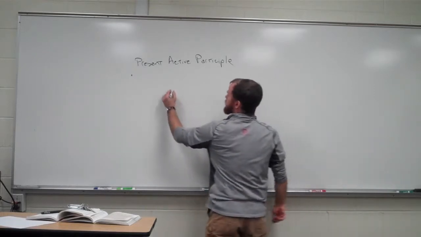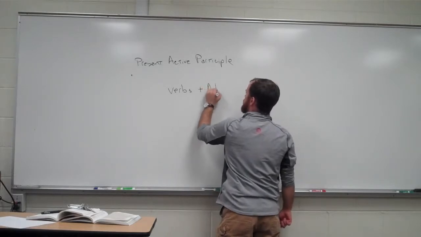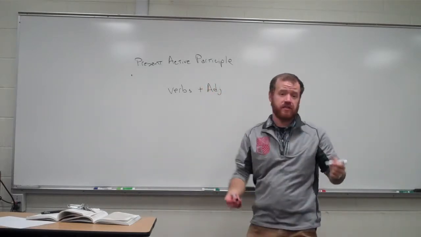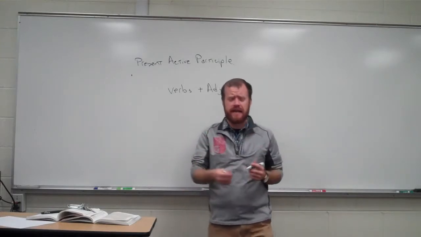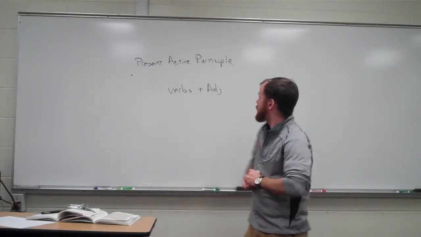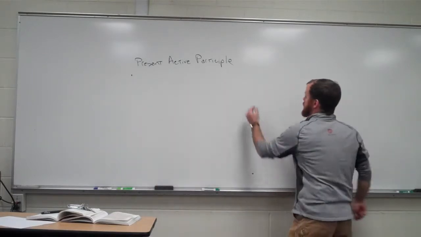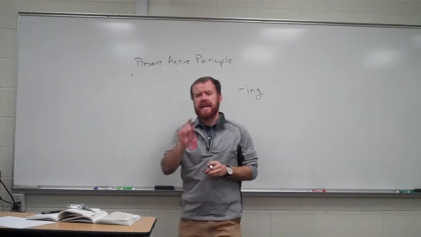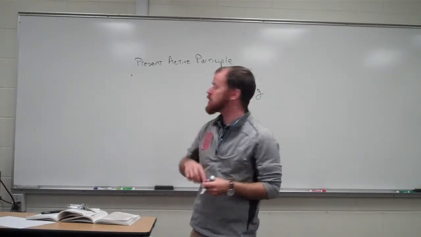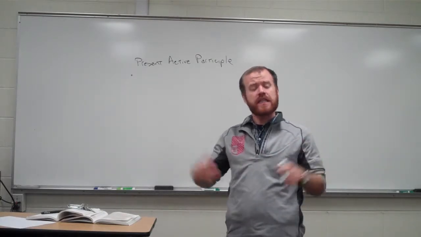They're the combination of verbs and adjectives into a verbal adjective, modifying nouns, acting on their own, doing different things in Latin sentences. Now, the present active participle in English is identified by an -ing. Right? But you want to be careful, because in English, words with -ing are sometimes put together with linking verbs